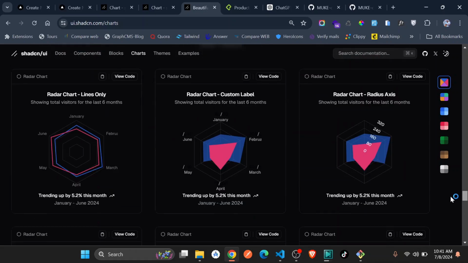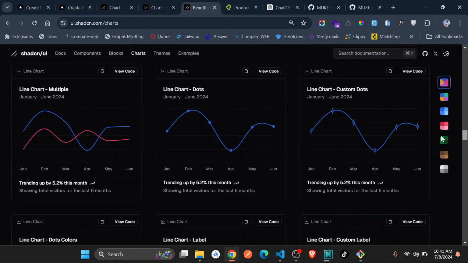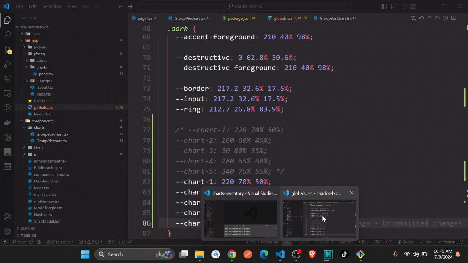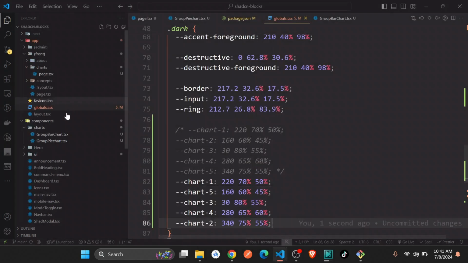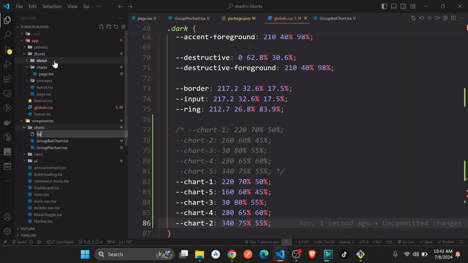Let me just see. I would want a line chart this time. Maybe we could just add this line chart. I'm just going to copy the code with the line chart. We're just going to add 4 charts before we leave. I'm just going to also add another one, maybe create a group line chart